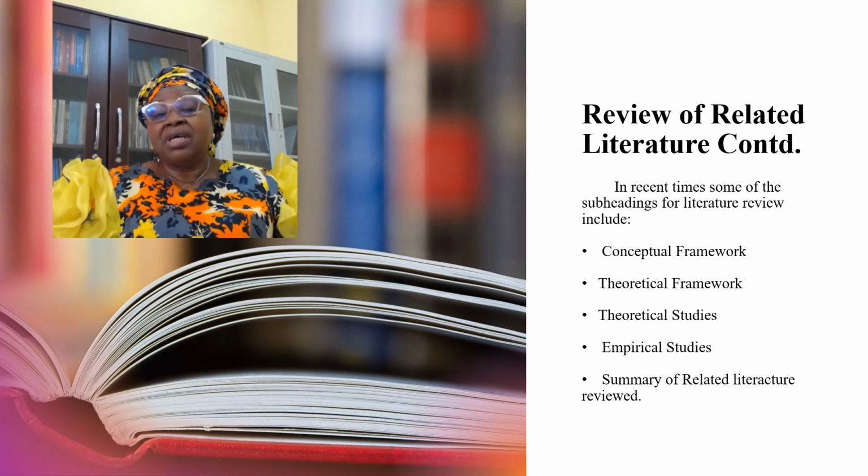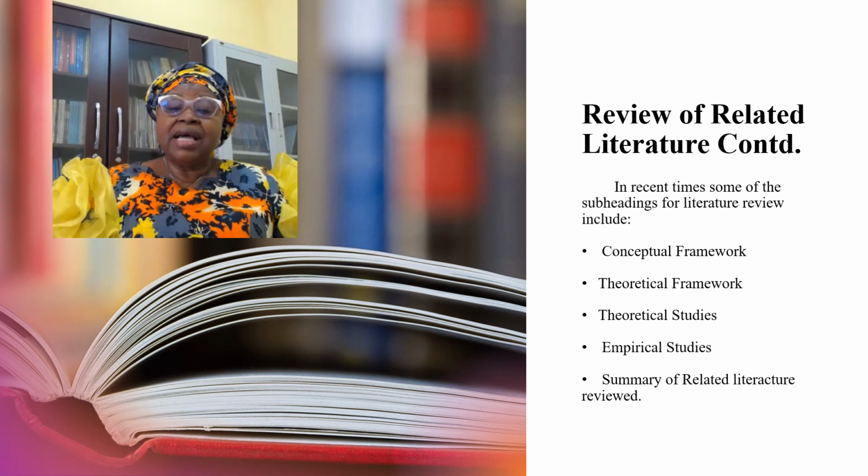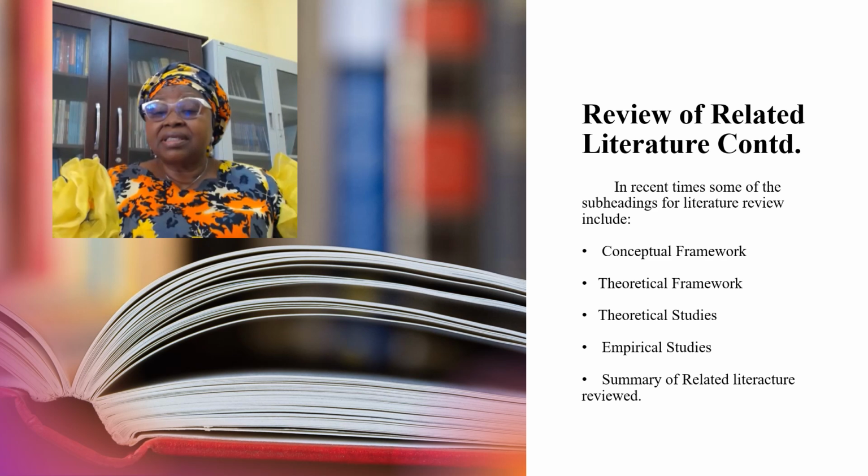So when we say conceptual framework, how is this presented? Where is it applicable? This shows how variables and major issues in the study connect with one another. Conceptual framework is better shown in a sketch. Then we talk about theoretical framework. This section lists and discusses the theories that are relevant to the study and on which the study hinges. In discussing the theories, the researcher should show how the theories are related to the study.